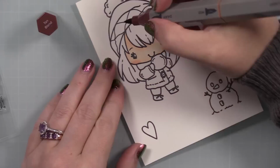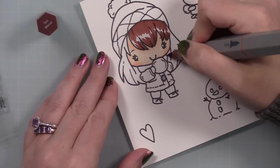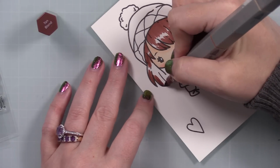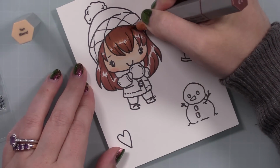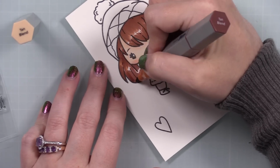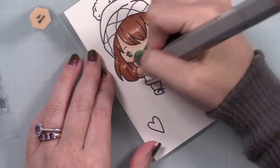So did the skin, did her hair, and then when I got into the white areas, I just used a very, very pale blue. Added a few little lines for that. The bunny, I decided to add some gray to, just cause. And then gray for the band of the hat. And I'm avoiding all of the areas that I'm going to paper piece because there's no point in coloring them